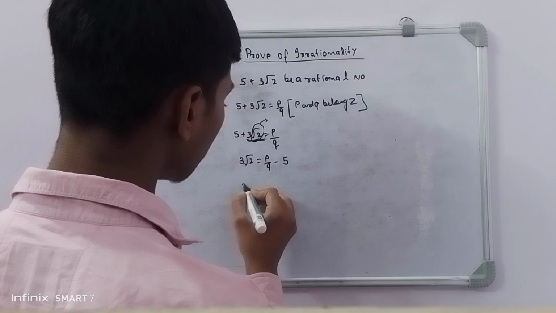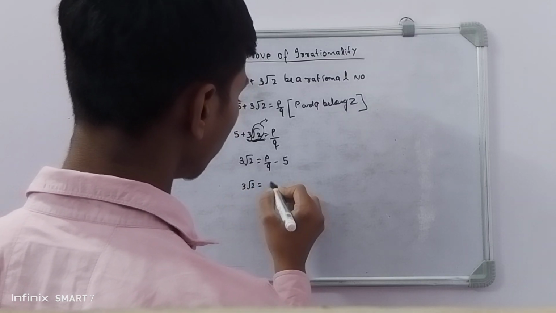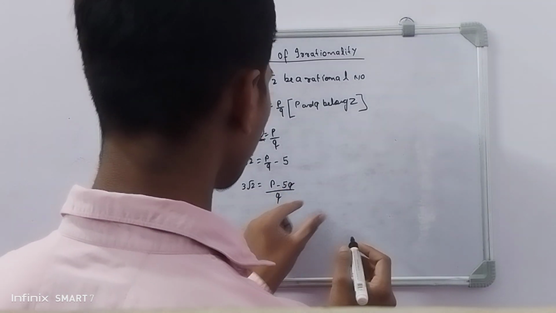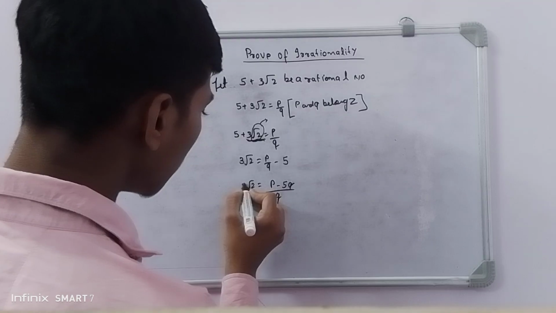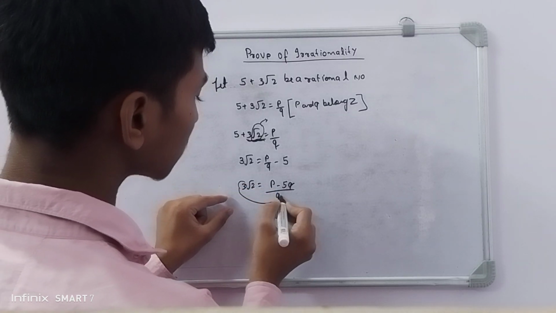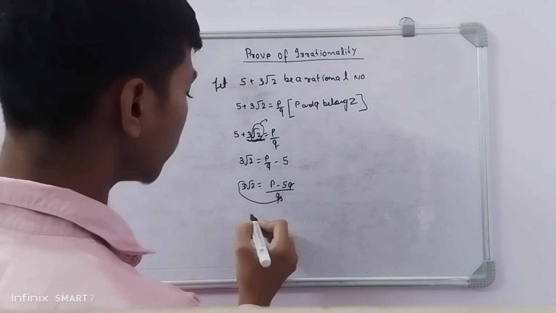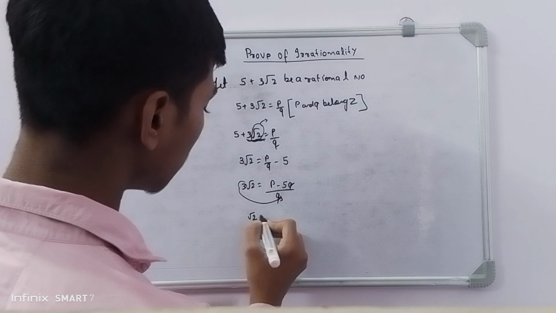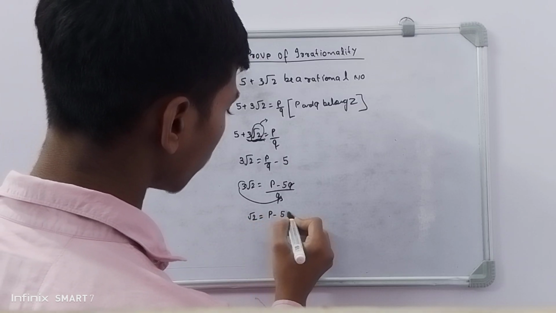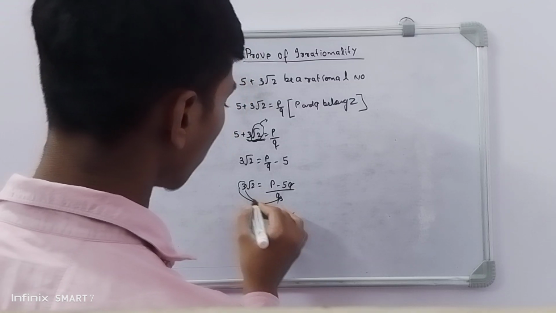So taking the LCM, we get q here. Here we have the p and here we get the 5q. So as we get this side, we have to send the 2 also to this side, as 2 is a rational number, and keep only the irrational number on one side. As we know that root 3 is an irrational number, so this is the irrational part, and then we write here p minus 5q upon 2q, as we sent this number to this side.